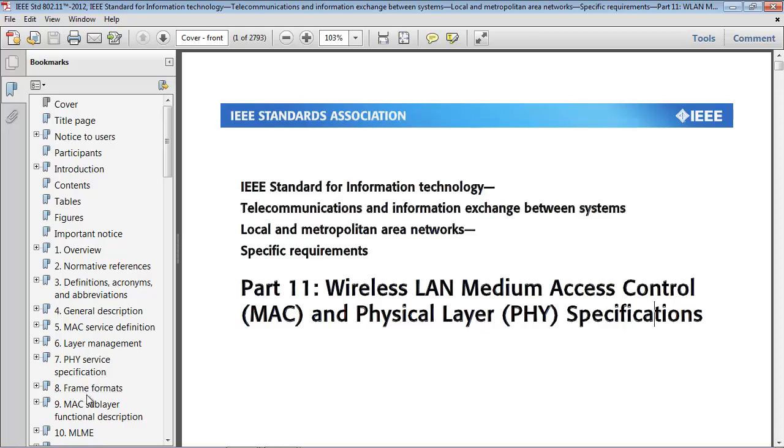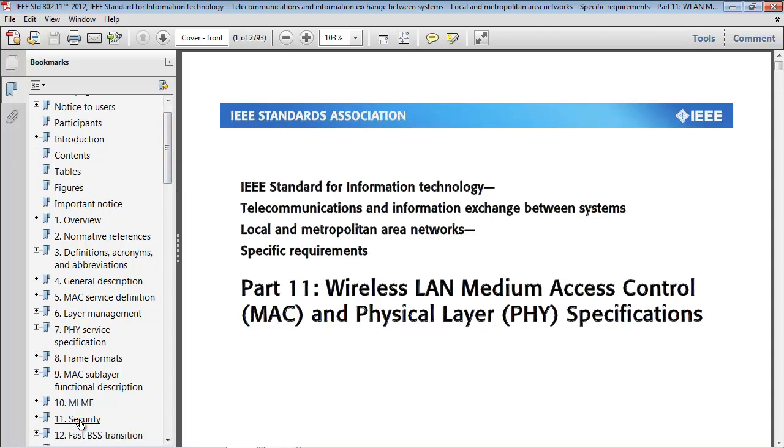Now, if you've been following 802.11 for a while, that might have shocked you right there, because Clause 8 historically has been security. But notice if we scroll down, we see right here, Clause 11 is now security. So they have been rearranged in the 802.11-2012 roll-up. Now that's a very important thing to know. It can be dangerous to say Clause 1 or Clause 2 references this or that thing. It's usually better to simply say the standard states. Now you can reference a clause, but you want to specify the roll-up you're talking about. It's actually rare that they change the clause numbers, but obviously as we can see here, they do.